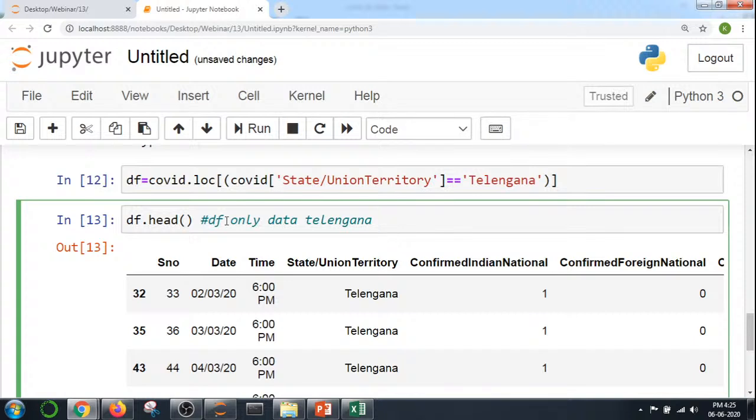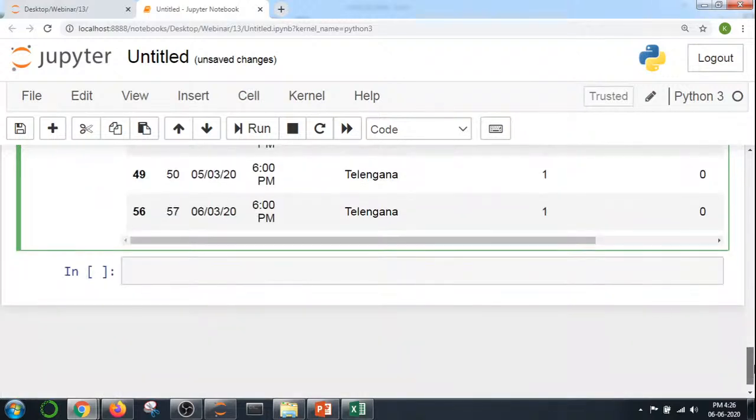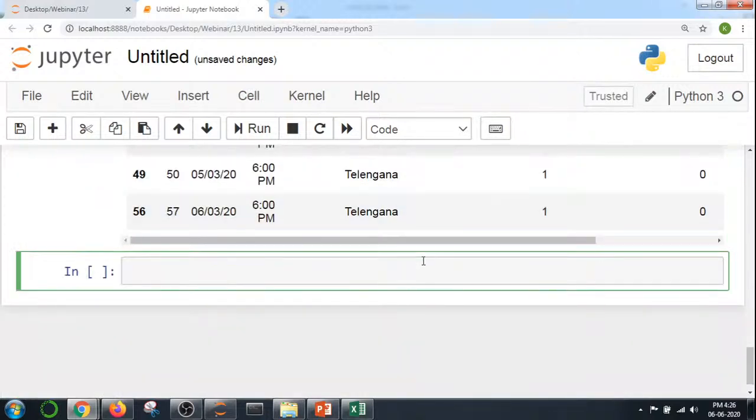But in the COVID variable I am having all states data. Okay, so this one you have to understand. In df I am having only the state of Telangana, and in COVID we have all the states. So next I will move on to